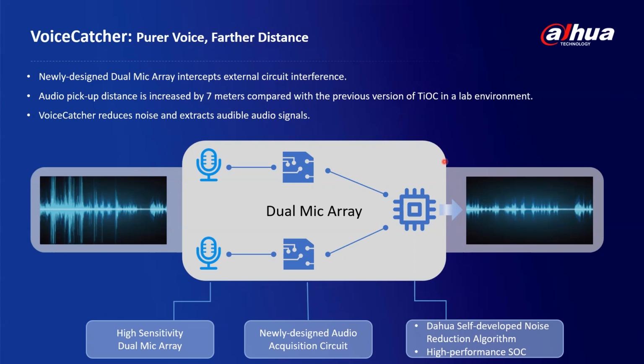It can pick the voice or the audio from the environment, based on the human audio, then intercept any other kind of external source interferences to filter it out to ensure that it has